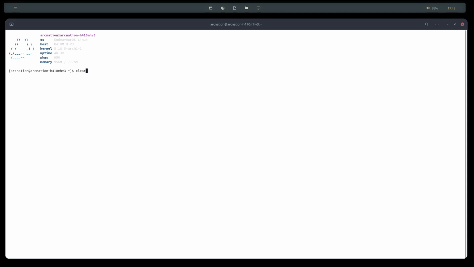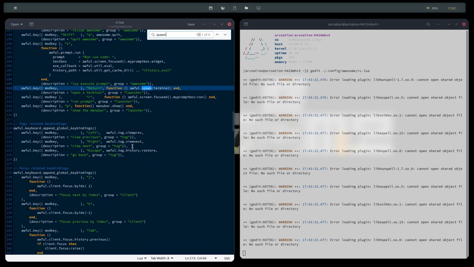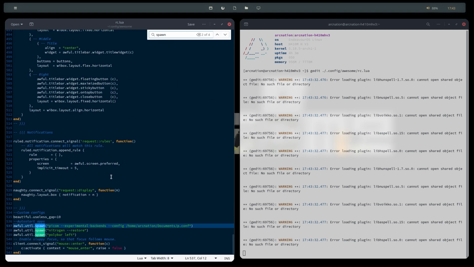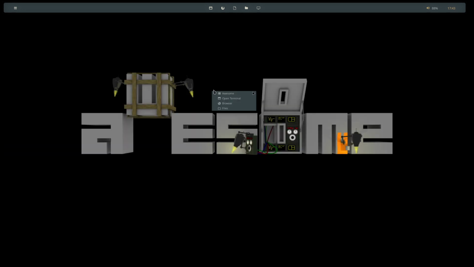rc.lua. There it is. Now search for spawn. Copy this. And enter Albert. That's it. Done. Now for the next part, we need to install the